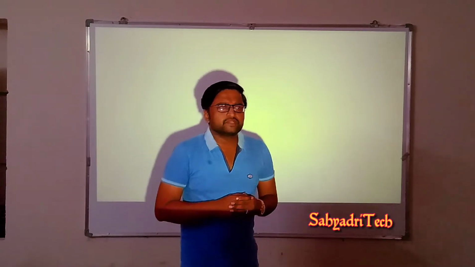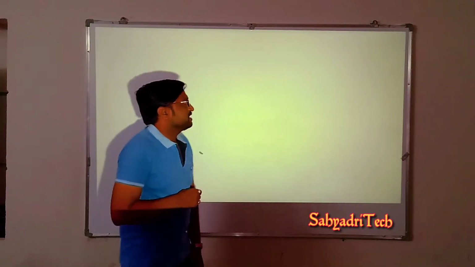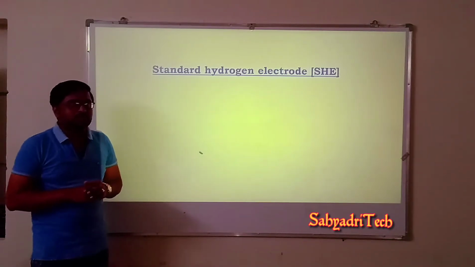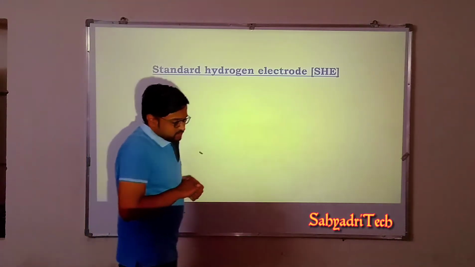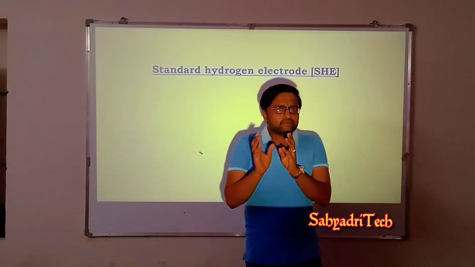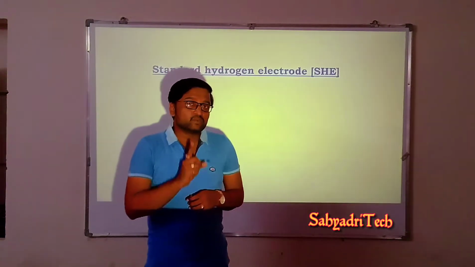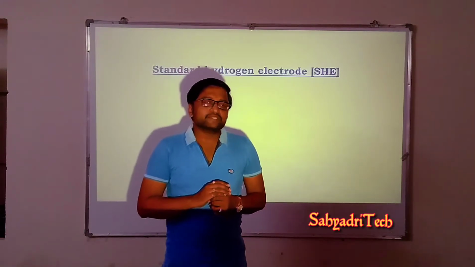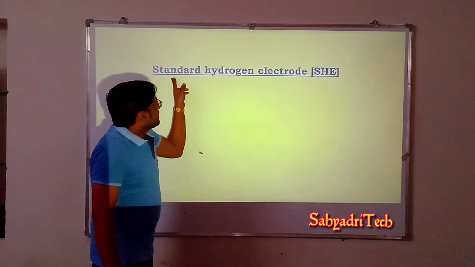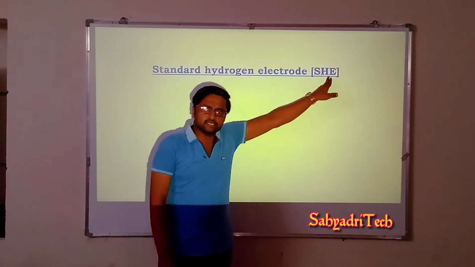Well, in this session, we discuss one special type of electrode, that is standard hydrogen electrode. So, what is it? Standard hydrogen electrode. Earlier, while dealing with electrode potential and standard electrode potential, as I mentioned, whenever we say standard, it means we are going to specify the concentration of the solution as 1 molar and the temperature of measurement is taken as 298 Kelvin. So here, as the name says, standard hydrogen electrode. In short, it is abbreviated as SHE.